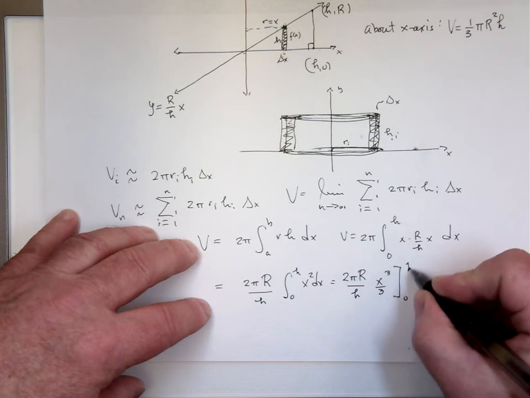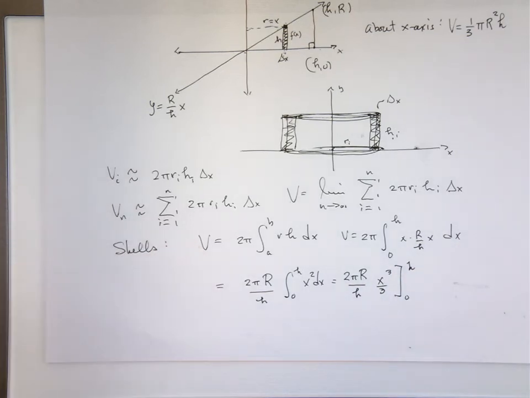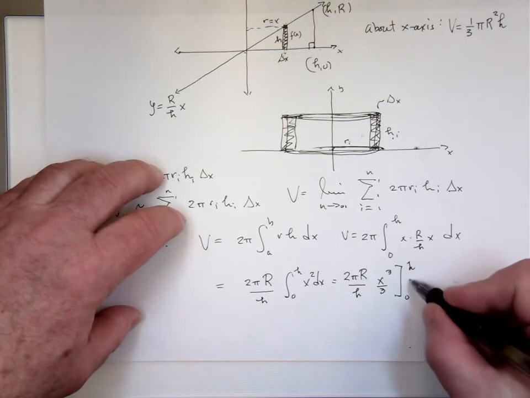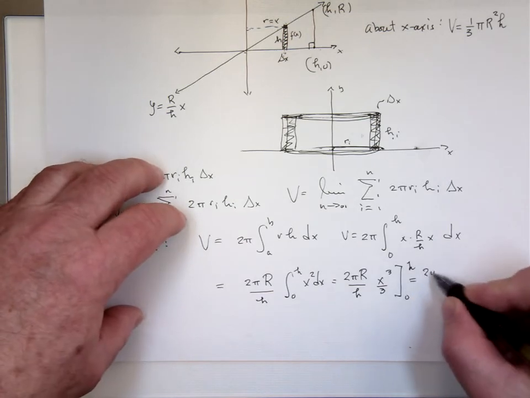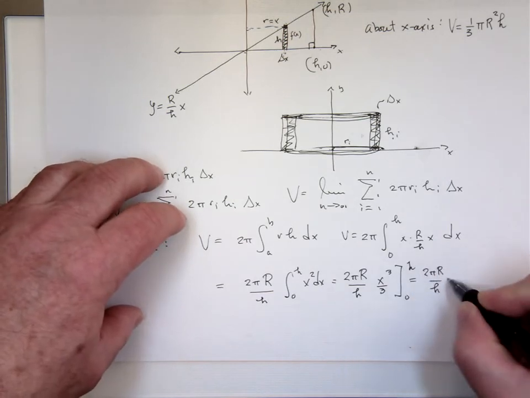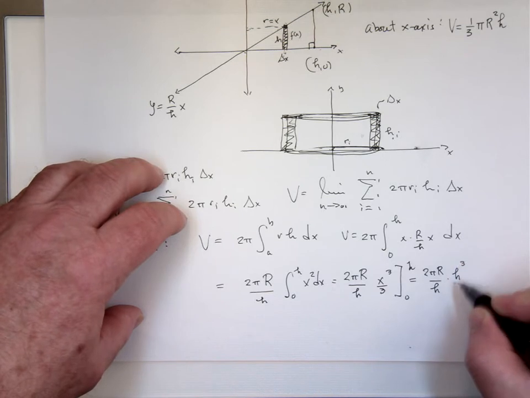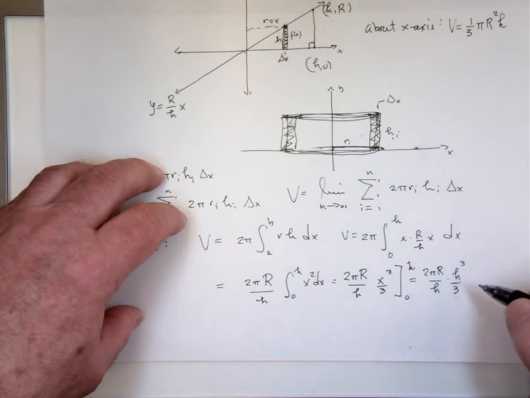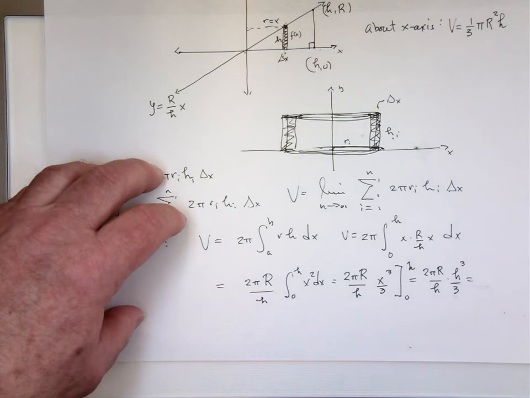Substitute it in. So we get 2 pi r over h, h cubed over 3. Let's see what happens. This cancels with this. We get 2/3 pi